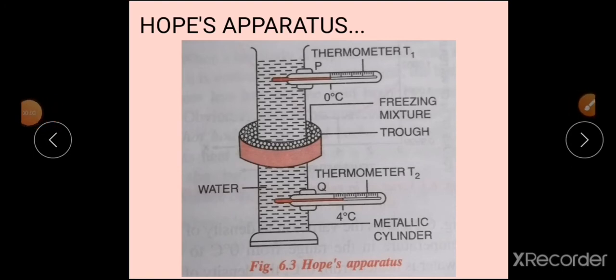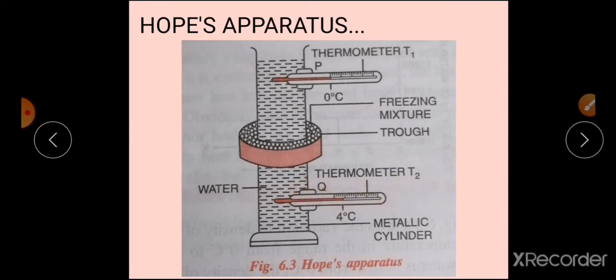Now once you take this reading for a long time, let us see what are the observations you are going to get with this readings. Now you already know that initially, since you are going to take the water at room temperature, that reading for T1 and T2 both will be the same temperature, that is your room temperature. Now as your procedure is going on, the next observations what you are going to see throughout as the time passes, what you will be seeing is that initially this T1 thermometer will not show any change. It will not have any change. The reading will be at room temperature itself for a few time interval. Now the change initially will be for your thermometer T2.